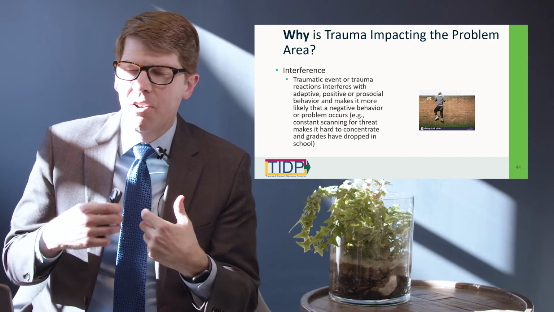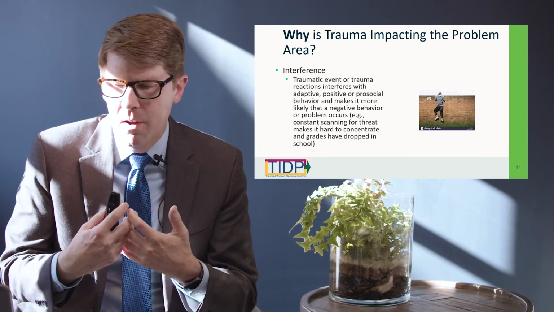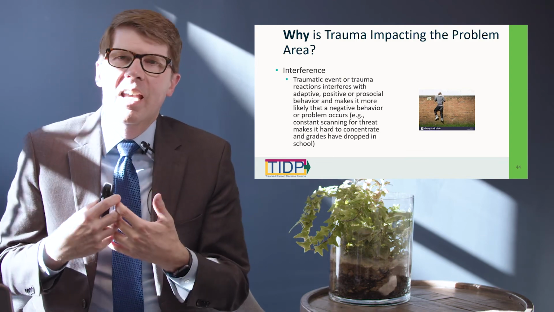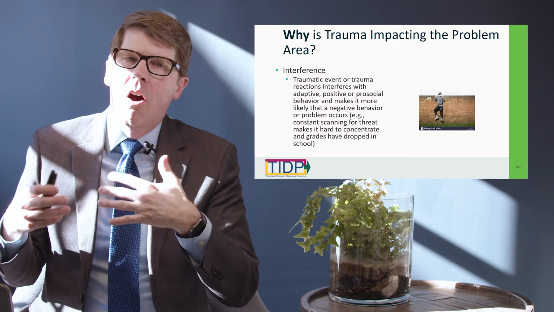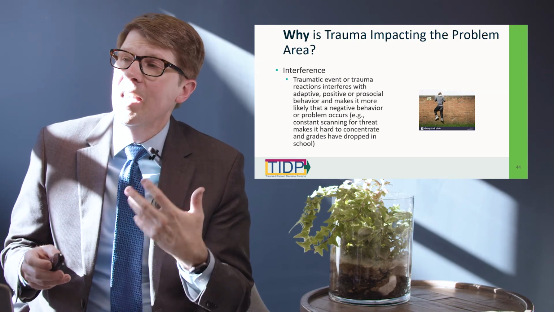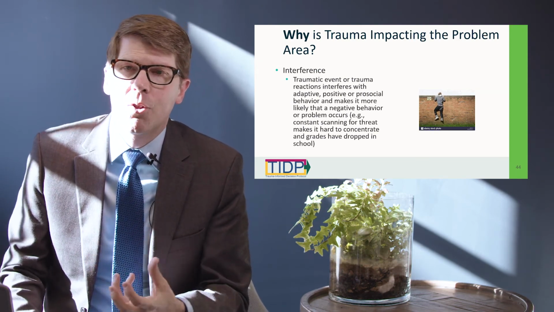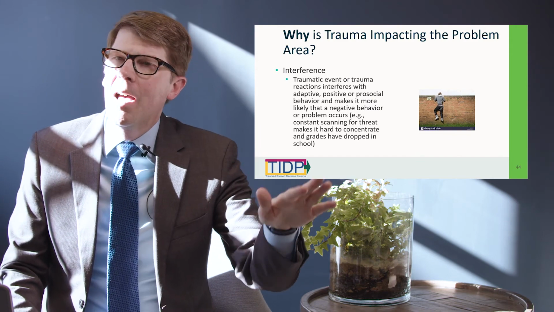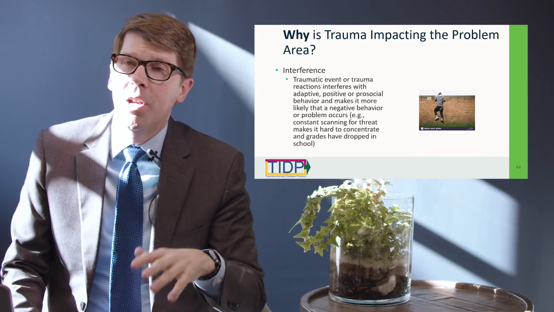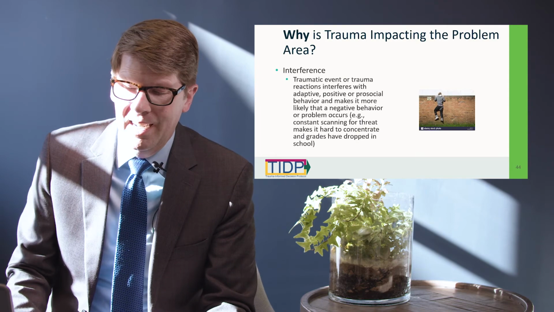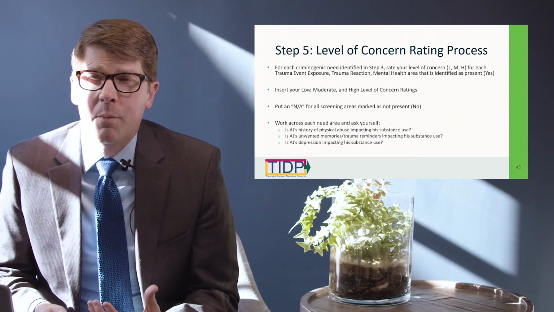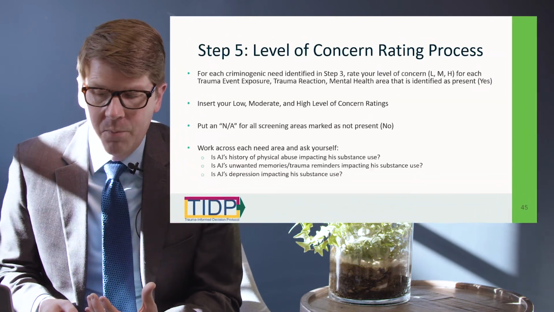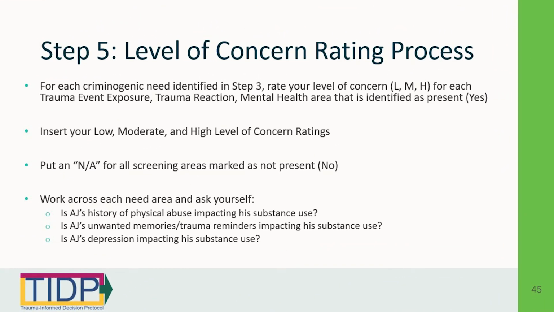So what we can see there is an example of where the trauma reaction is having a specific interfering effect on positive behavior, and it's making it more likely that negative behaviors are occurring that are going to pop on that moderate or high criminogenic education and employment need. Okay? So I realize that's a lot of information for step 5, but essentially, to summarize,